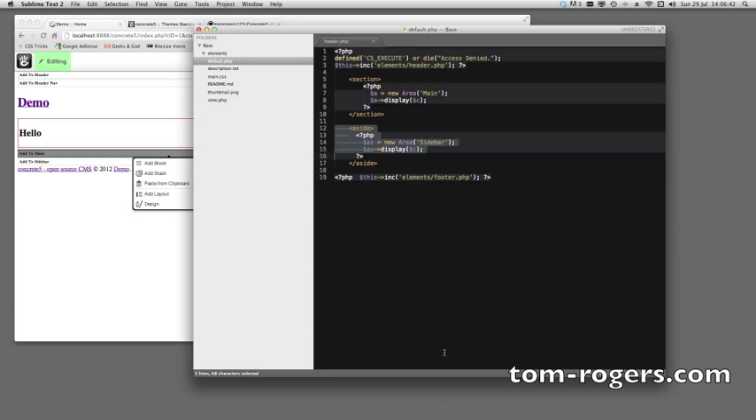So if you want to create a new area, you just assign it to a new variable, and then use the new area and display syntax. That's the essence of a Concrete5 theme really. And then the last file we need to know about is